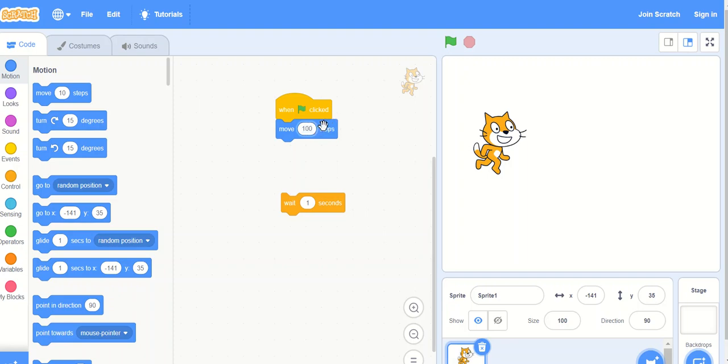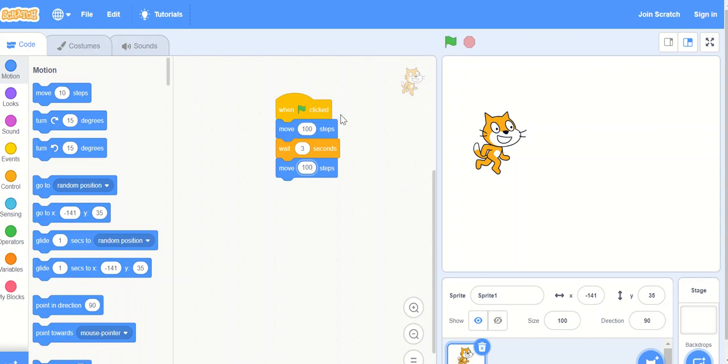Whenever I click on the green flag, the sprite should move for 100 steps. Then it will wait for a few seconds. For example, I change the value 1 here to 3. Again, I use this move instruction and change the number here. Now let's see what will happen.